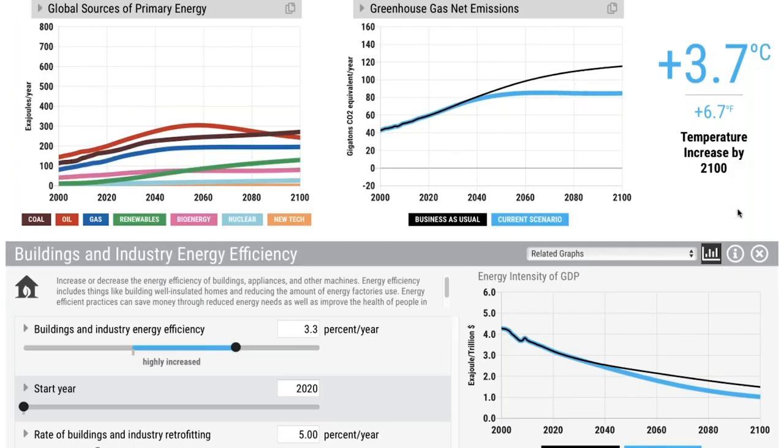Now I want to send you this, and you can take a closer look at this scenario, what you can do and what you should encourage your folks to do, and I really hope you do. Go to share your scenario. You can copy your scenario link. You can share it on Facebook, share it on Twitter. I'm going to copy the scenario here, and I'm going to go into chat, and I just sent you a link. So go into chat, and you can now look at this exact scenario and experiment with it yourself. Maybe if the webinar slows down, go play with the model a little bit. I'm going to pause there. There's one test of the policy.